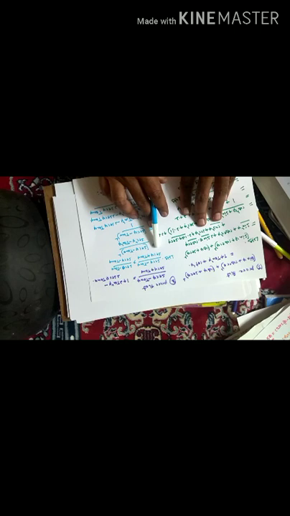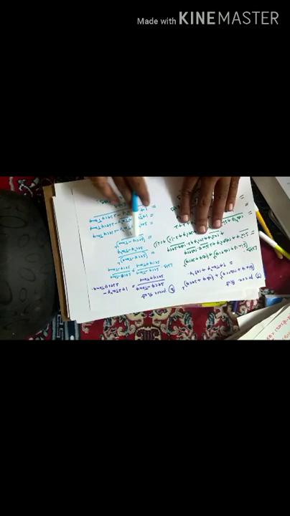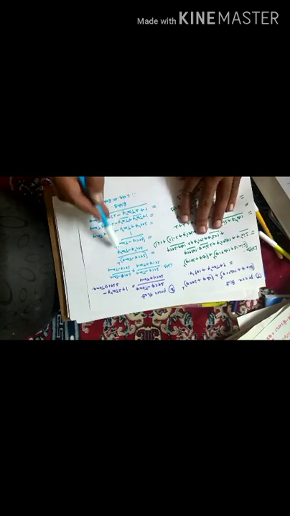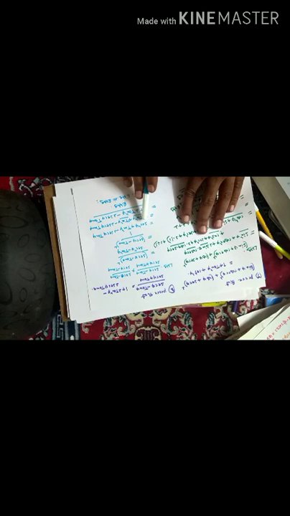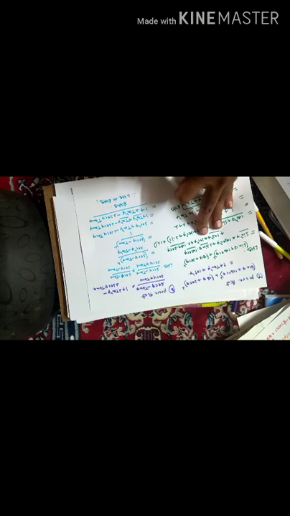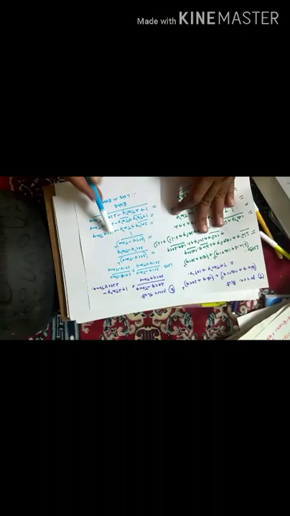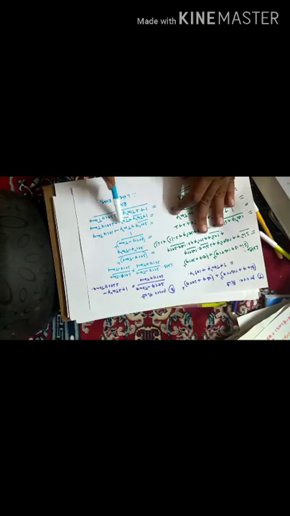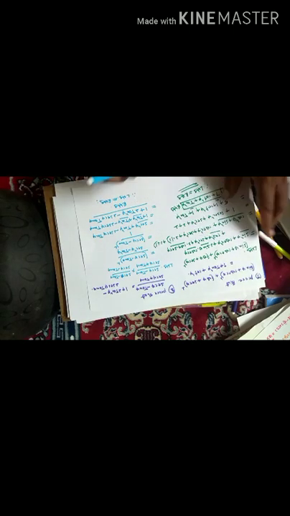And the denominator is in the form of (a plus b) into (a minus b), that is equal to sec square theta minus tan square theta, meaning a square minus b square. You know that sec square theta minus tan square theta is equal to 1. So you will get (sec theta minus tan theta) whole square. If I open it in the form of (a minus b) whole square, that is sec square theta plus tan square theta minus 2 sec theta tan theta. Here, in place of sec square theta, I wrote 1 plus tan square theta, plus tan square theta, that is 2 tan square theta minus 2 sec theta tan theta. This is our RHS. So this is the proof of your 8th question.